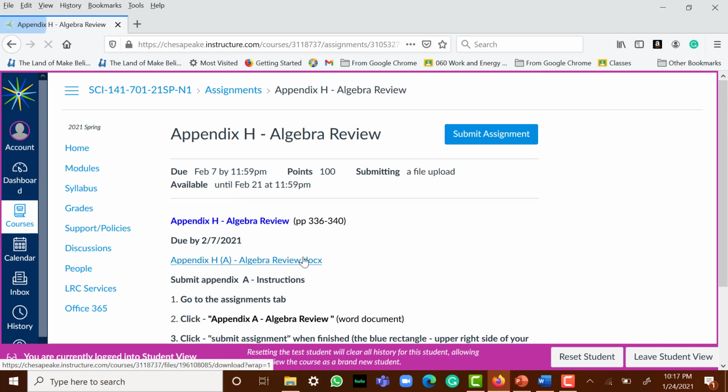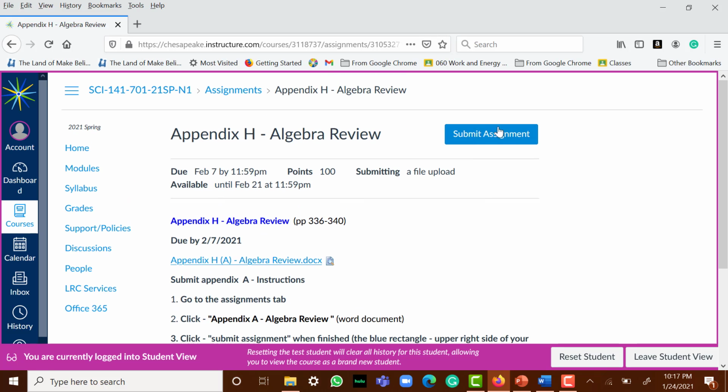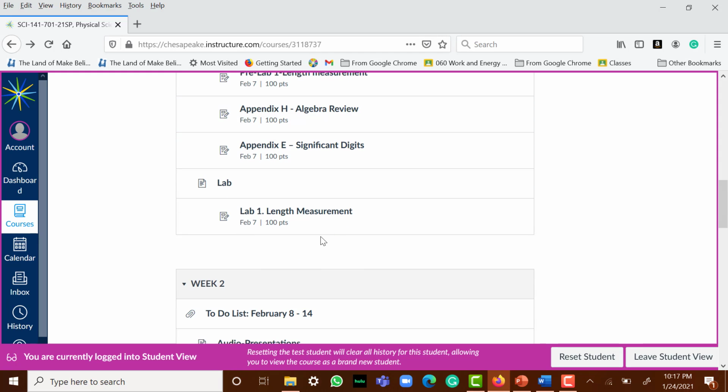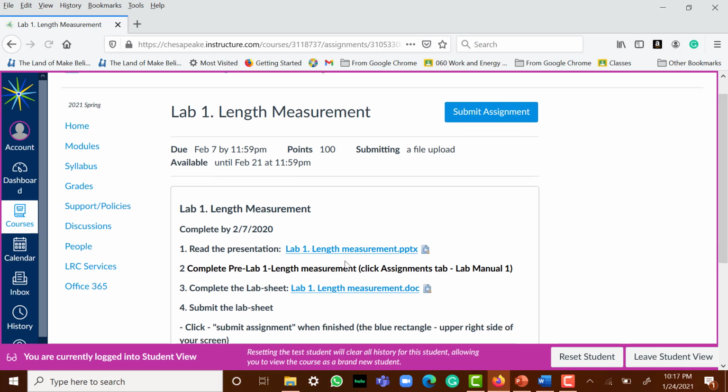The same happens with the appendix H. With each of the appendices, you can click on this document, complete the assignment, and submit the assignment. It is important that you complete first the pre-lab and then complete the lab. And this is why here